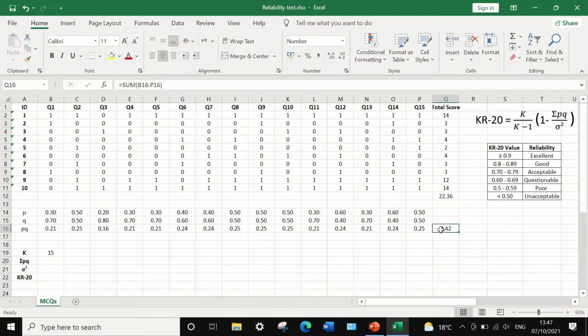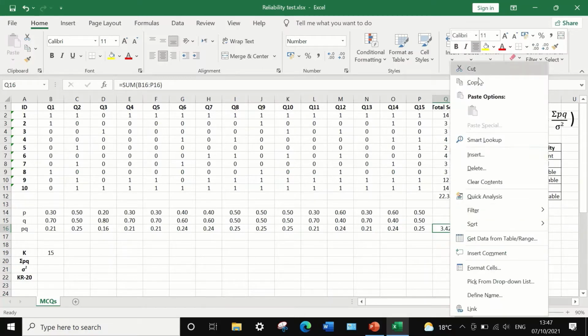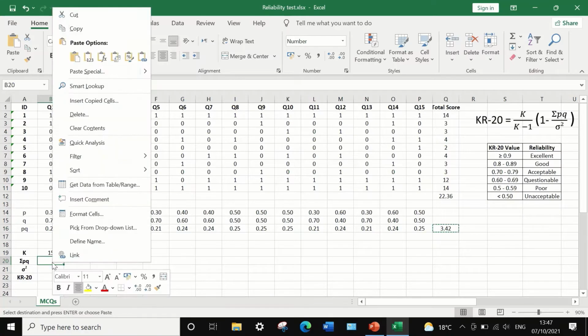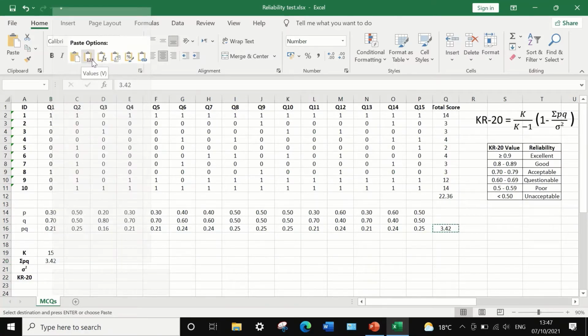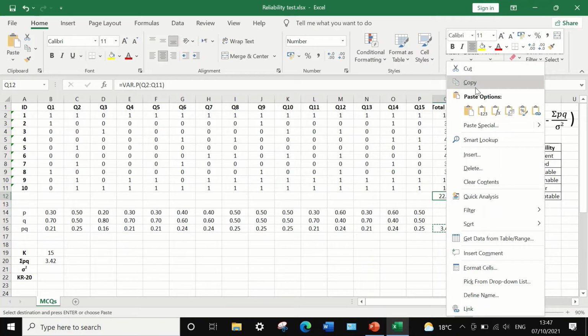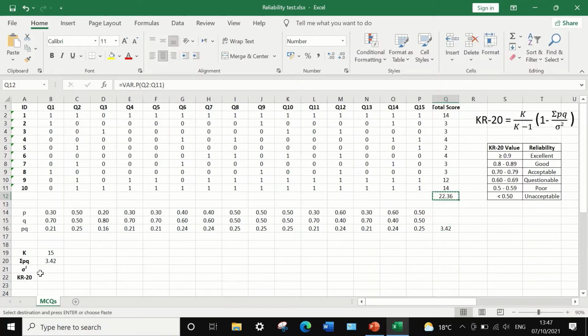The summation of P multiplied by Q is 3.4, so I'm going to select it, copy, and paste it here. And for the variance of the total score, I'm going to right click, select copy, and then place that in this cell as we saw here. Now to calculate the KR20,